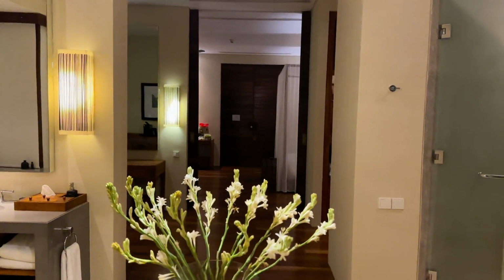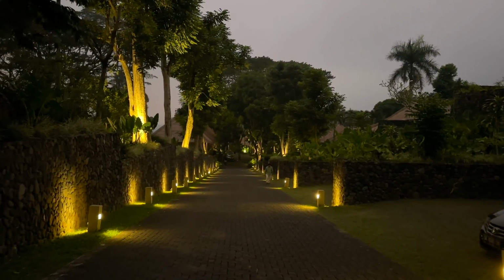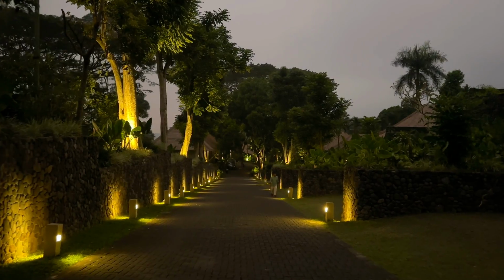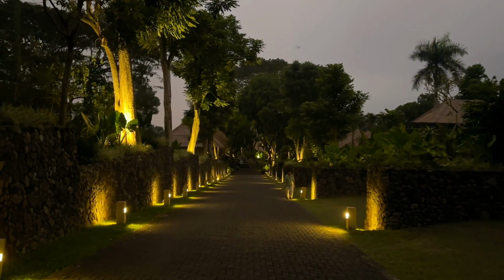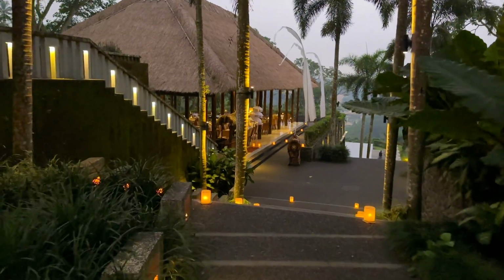After we made our decision, they were very kind to load all our bags up and take them to the villa, and they set everything up for us, which was really nice, including even an extra bed that we requested. And for dinner, of course, at these nice hotels in Bali, we don't want to leave. So we had the most